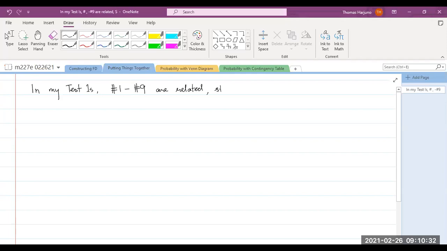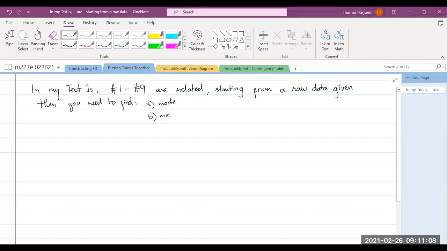Starting from a raw data, given, I will ask you to find the mode, the median, or maybe the median first and then the mode, the first quartile, the third quartile, the range,